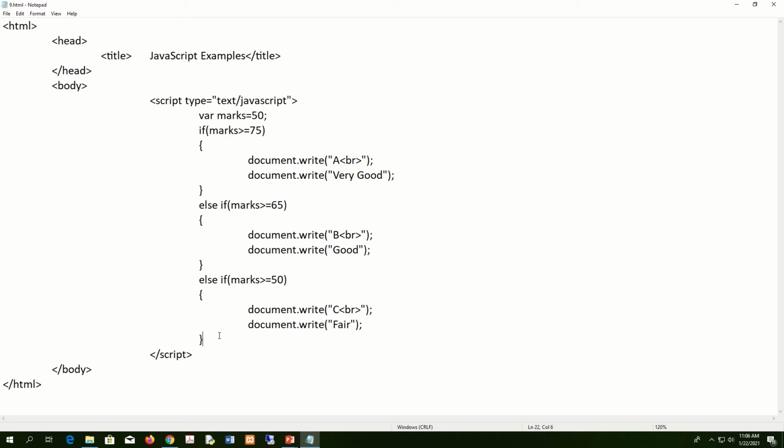All right. Then if it is greater than or equal to 50, I can say C and fair. Then, if it is less than 50, I have to check whether the marks are greater than 35. Then I have to check another condition. Else if, then I say